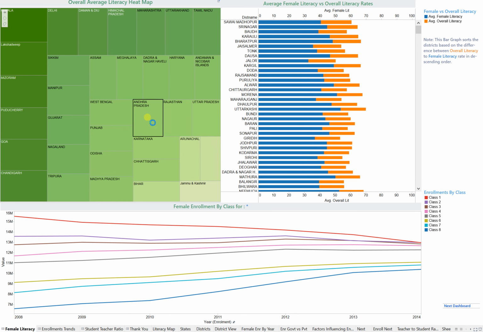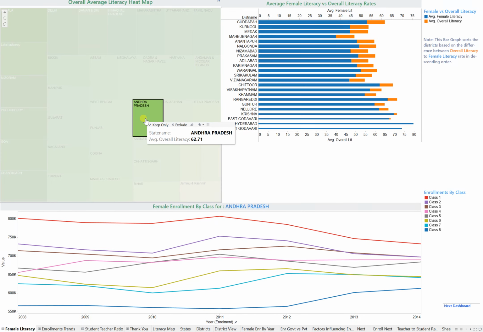So we can click on any of these states to get more insights into that state, and these graphs will automatically adjust. As you can see, West Godavari has very close female and overall literacy rates. That's why it is listed at the bottom, and also the width of this bar is very lean compared to Kadapa, where you see the difference is higher, at least for Andhra Pradesh. And you can also see the trends of these enrollments, and if required we can place policies that increase female literacy rate. Let's move on to our next dashboard, which is